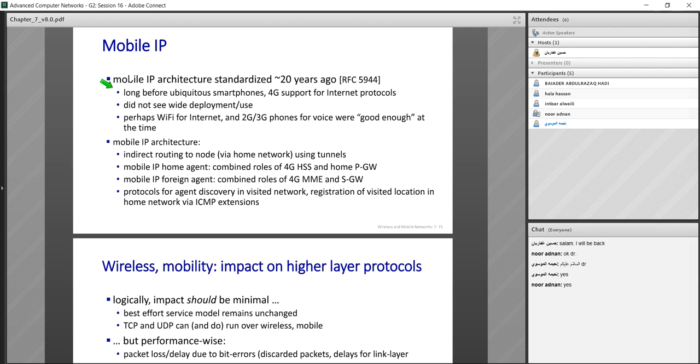But as we see, during the past 20 years, mobile IP wasn't widely deployed around the world. Why? Because during that time, maybe